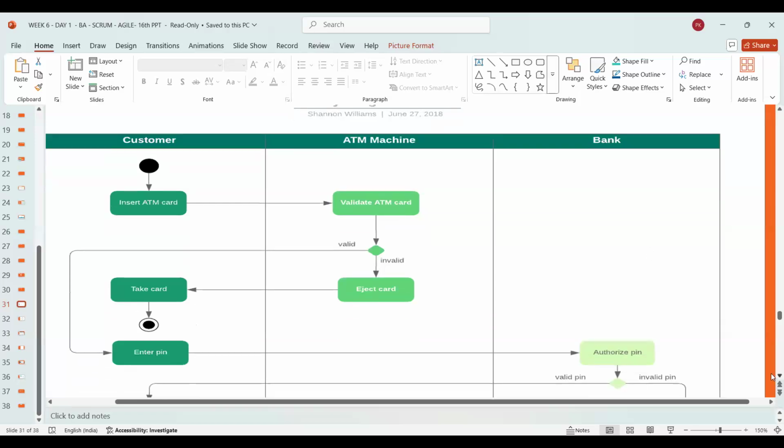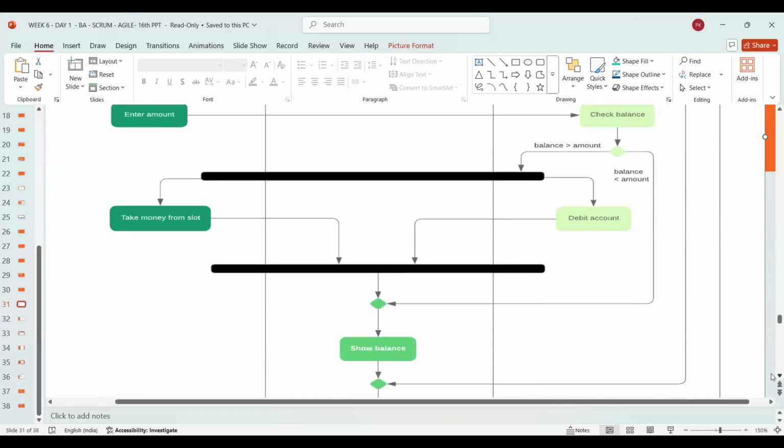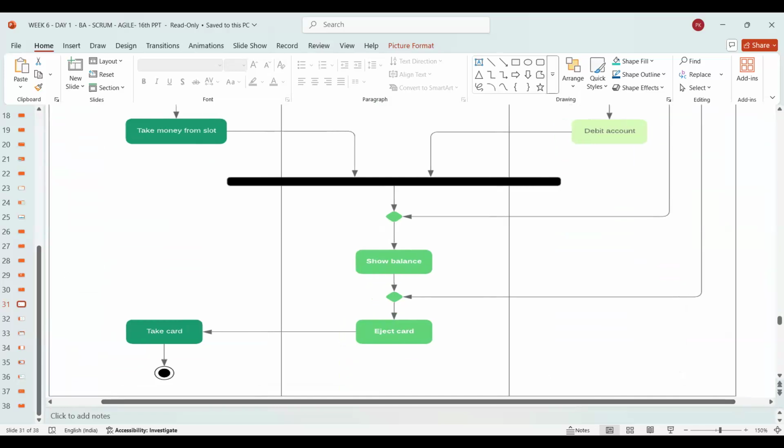So I have tried to make you understand these symbols. It is very, very simple. Don't go by the size and the shapes of this entire diagram. Once we get started, you'll be like, oh, this is super easy, this was a piece of cake. Trust me on that. So the activity that we are doing here is